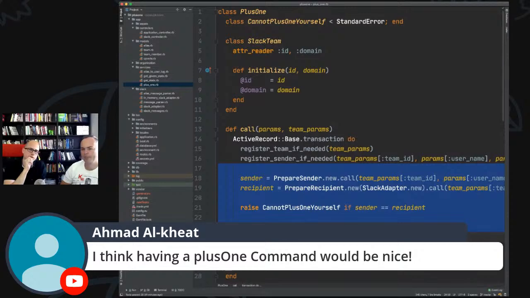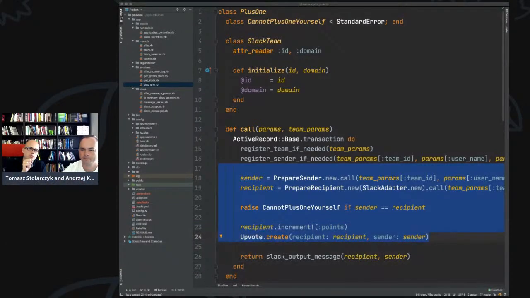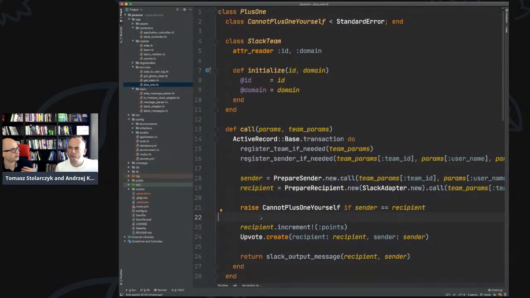And actually, I was also thinking about this register team. I'm not sure whether it's possible, but you could have a different endpoint for creating the team, and if you install the plugin in Slack, it would call the creation of the team. Yeah, but the Slack integration doesn't really have this moment where they call us, so we need to detect it. That would simplify quite a lot, at least I think.